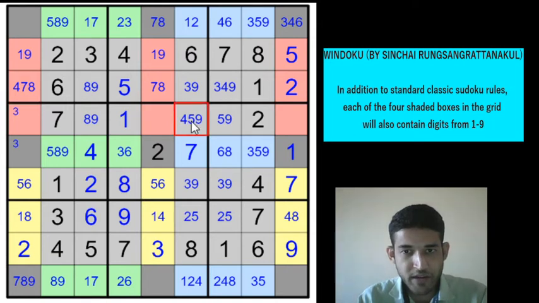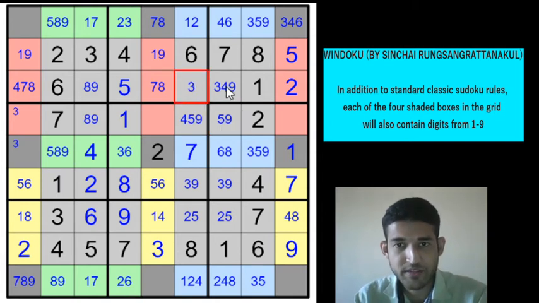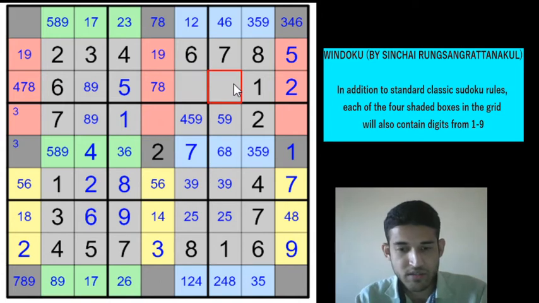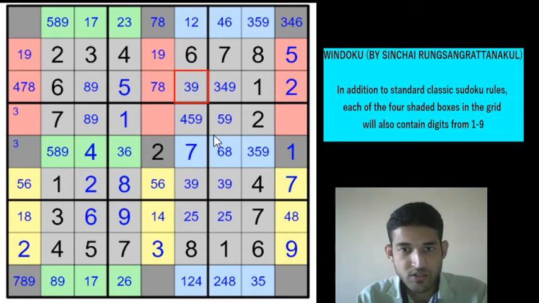We have confined 3 to one of these 2 cells, right? Yeah, I'm sorry, this pencil mark is actually wrong. Oh, in fact it's right only. So 4, 5, 9, so this will be 3, 4, 9 and this will be 3, 4 or 9. But 3 is there, so this will be 3 and 9. So 4, 5, 9, 5 and 9.